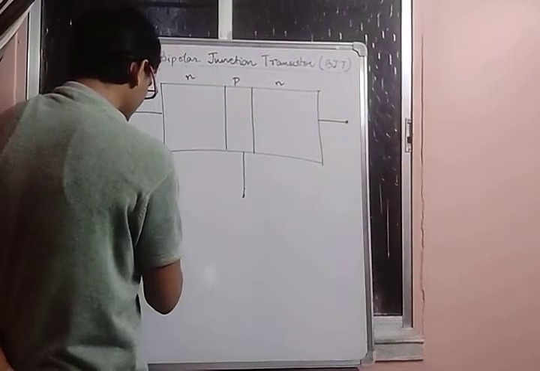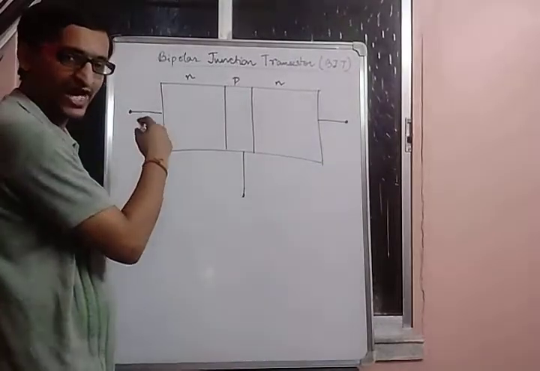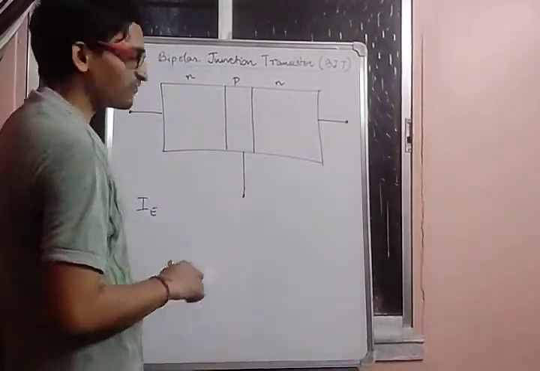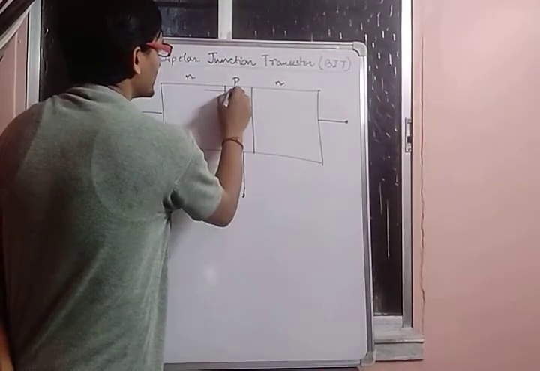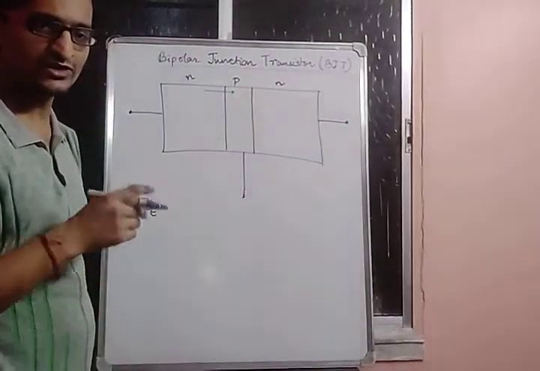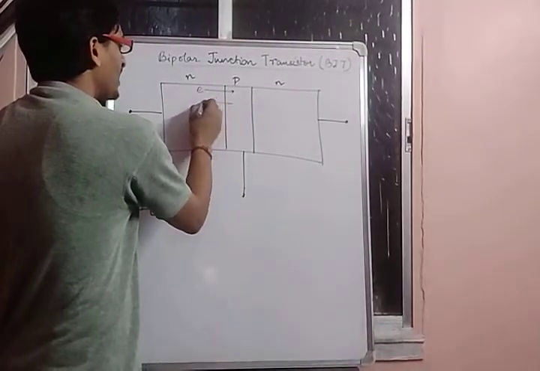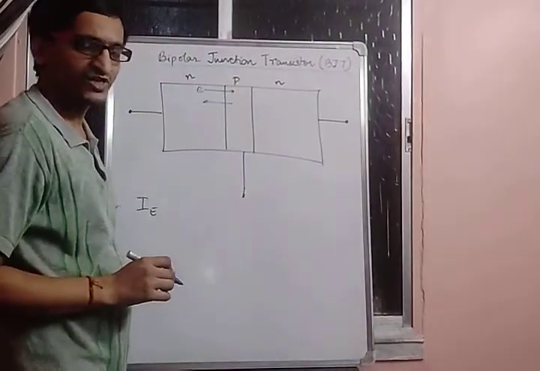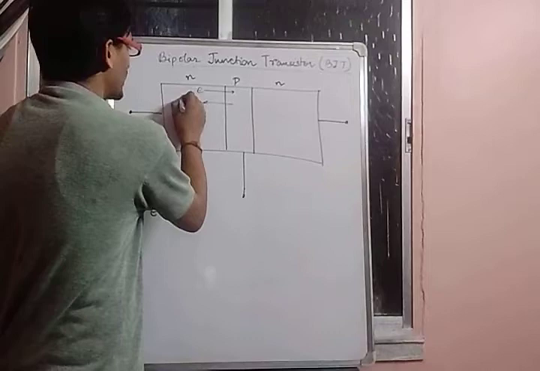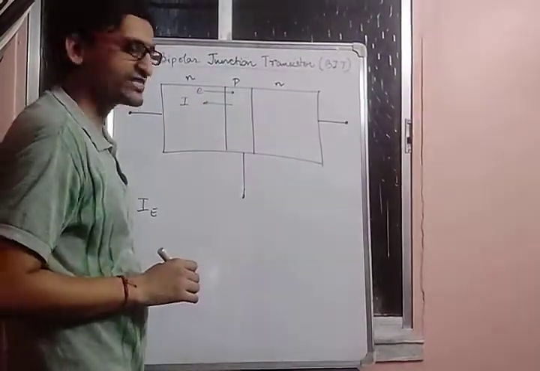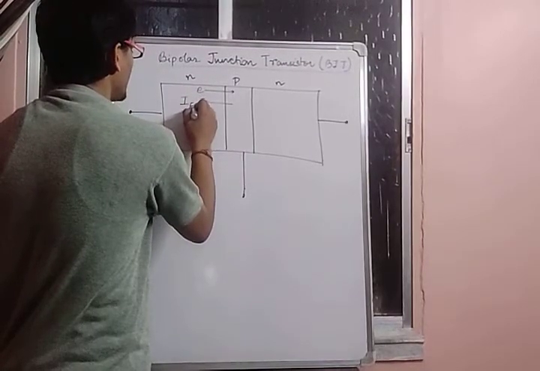As far as the emitter current is concerned, first of all let us discuss the emitter current. This emitter-base junction is forward biased. Since it is forward biased, electrons will flow from the emitter region to the base region. That means electrons will be injected from the emitter region into the base region. As a result, a current will flow in this direction. The conventional direction of current is opposite to that of the electrons, so your current will be flowing in this direction. Let me denote this current by IEN.